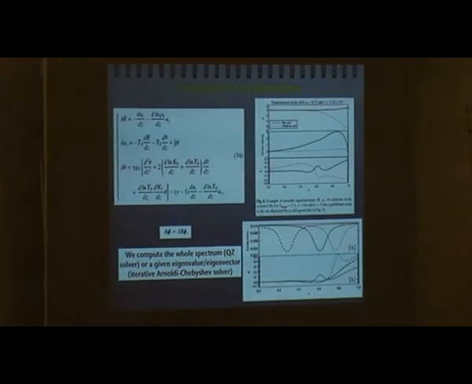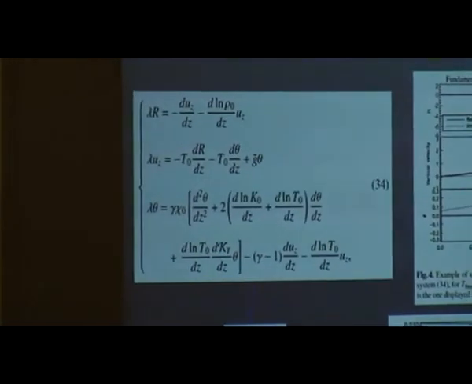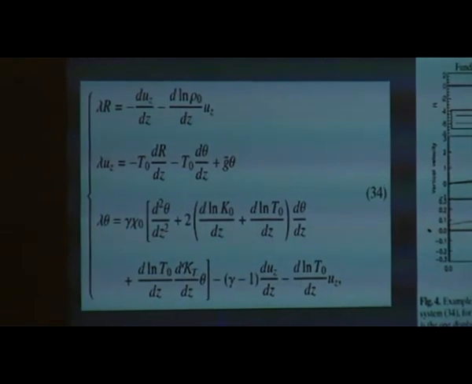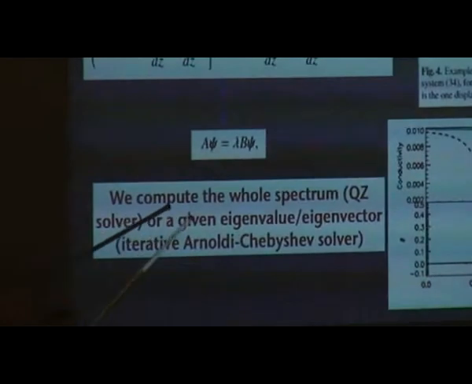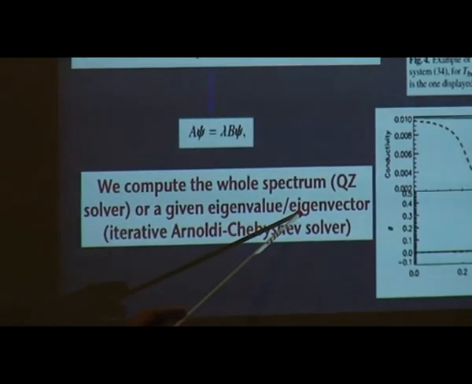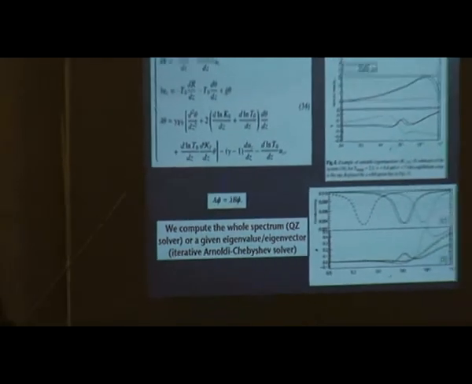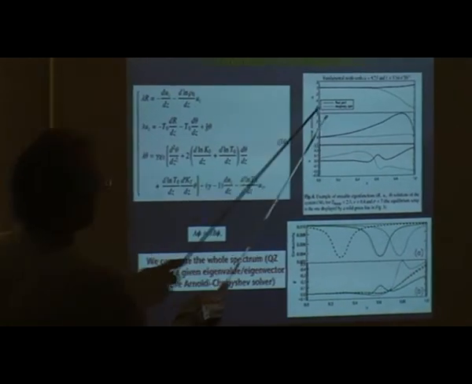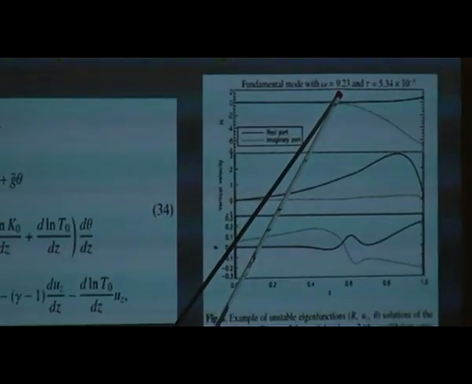So once we obtain the equilibrium setup, we compute the eigenmode of that using the spectral code, which has the particularity of being able to compute the whole spectrum using a QZ solver, or a given eigenvalue and eigenvector around a shift using an iterative Nordita solver. So the eigenvectors are finally known on the Chebyshev grid. That's, for example, an example of fundamental modes, the fundamental radial mode, with its eigenvalue 0.23